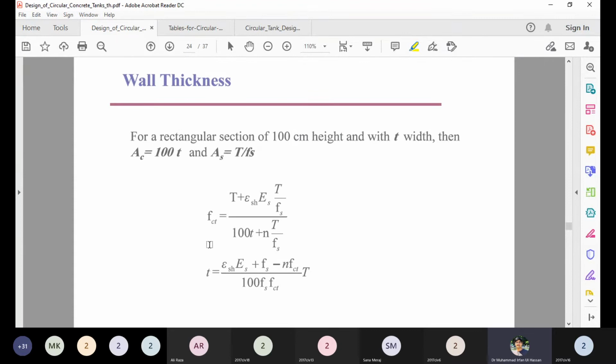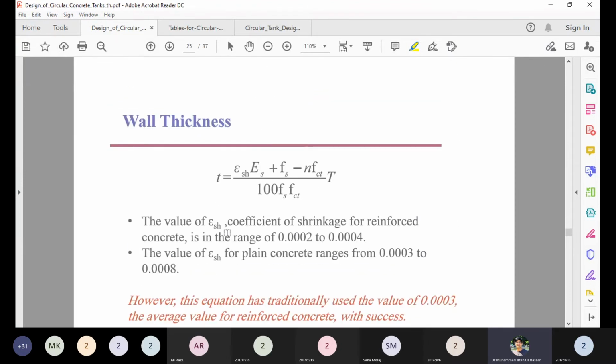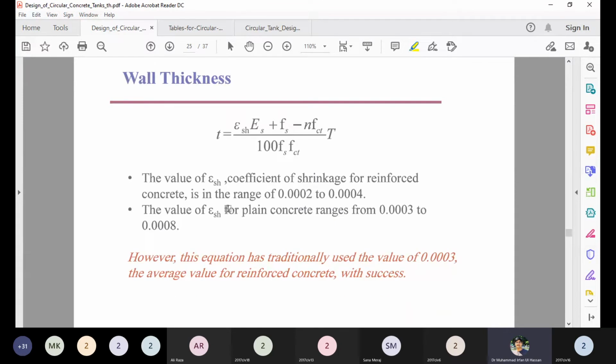By increasing the thickness, the stress reduces. The wall thickness formula is here written, and you can use the value of the shrinkage strain as 0.0002 to